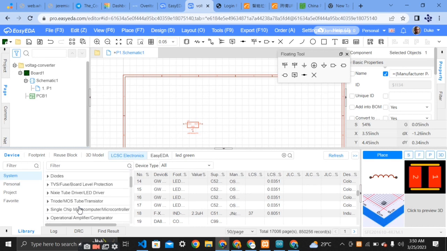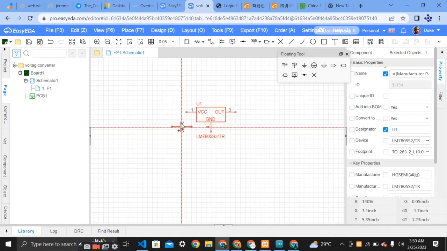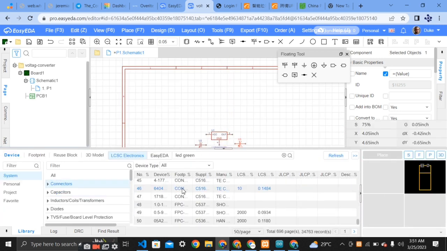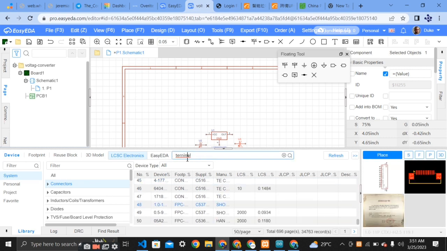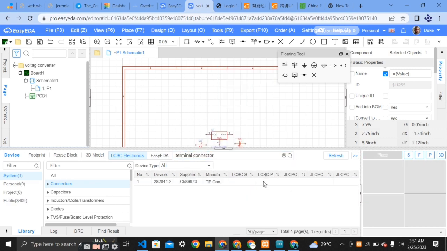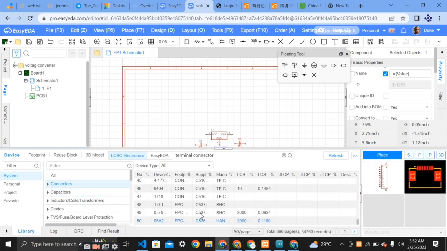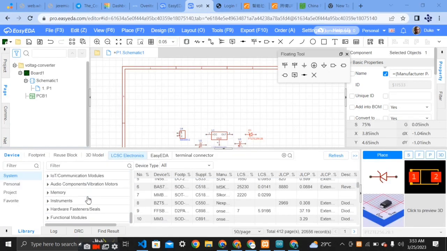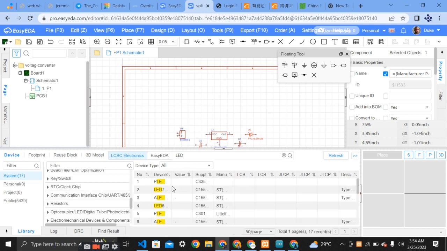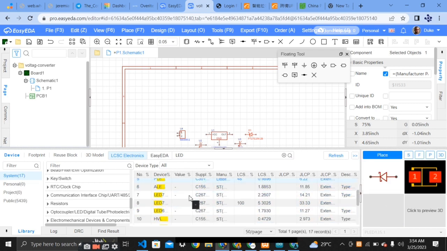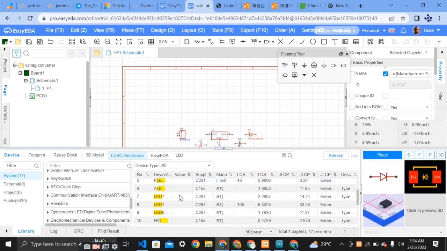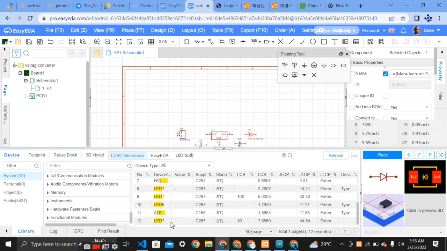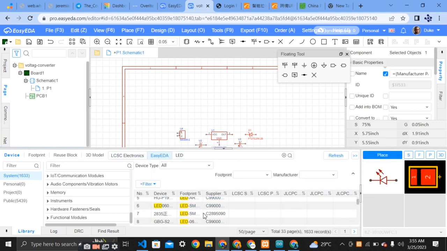Okay, placing of the various components is the same process. All we need to know is the various components that we are placing on our environment. As I said, those component names will be given in the description below, such as the LM7805, 50 capacitor, 16 volts capacitor, two connectors, and two LEDs, one to indicate the 5-volt supply and the other to indicate the power input. Then a resistor of 220 ohms to reduce the current on the